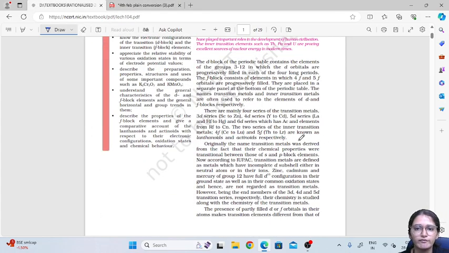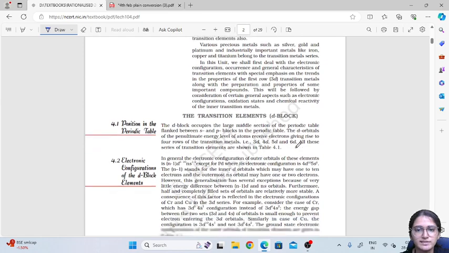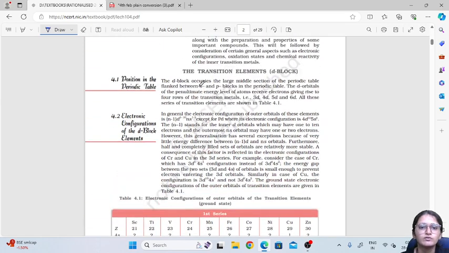So talking about D and F block, first of all we will discuss their configuration. The electronic configuration of D block elements is (n-1)d1 to 10 ns1 to 2. Now what is n? n is the highest quantum number from the configuration. So if you have n as 4, then n minus 1 will be 3. So 3d 4s will be the configuration. 3d will occupy 1 to 10 electrons and 4s 1 to 2 electrons.